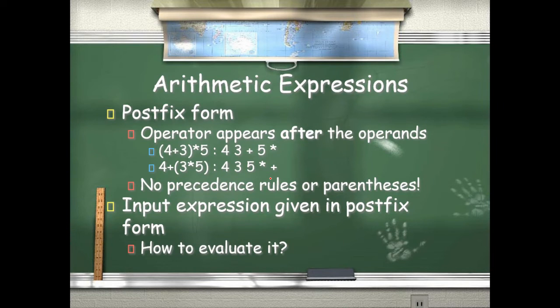Then whenever we are talking about arithmetic expression evaluation, the easiest form which can be evaluated in a faster way is postfix. Why? Because the structure of a postfix expression is that every time the operator comes after the operands. So you can see here this example, 4 plus 3 star 5.